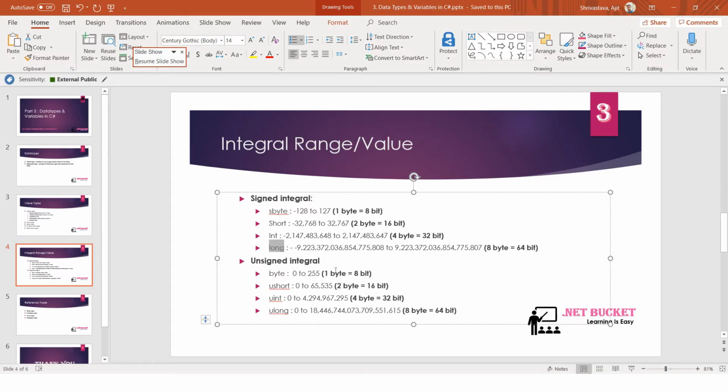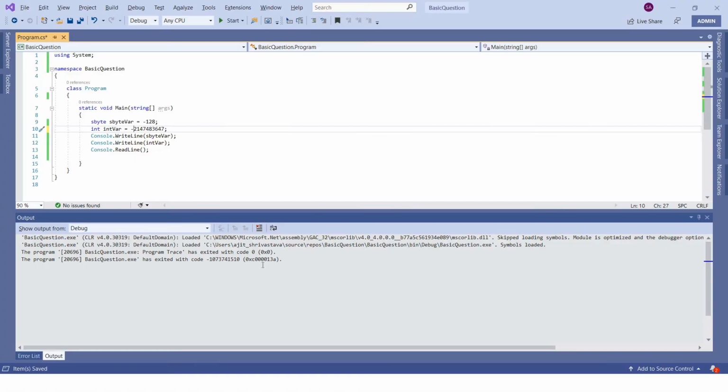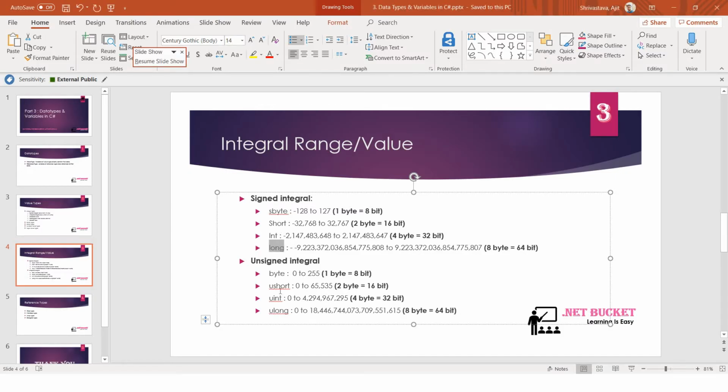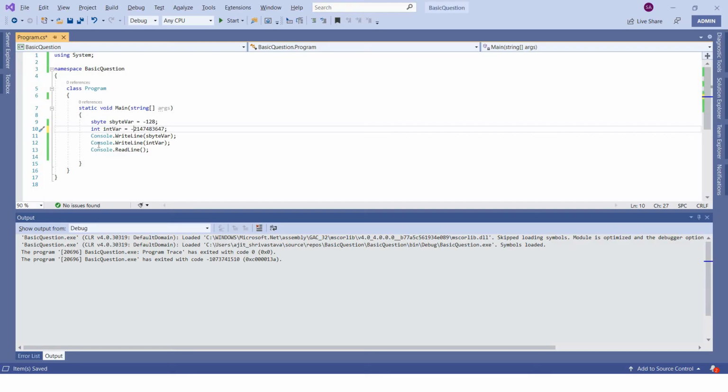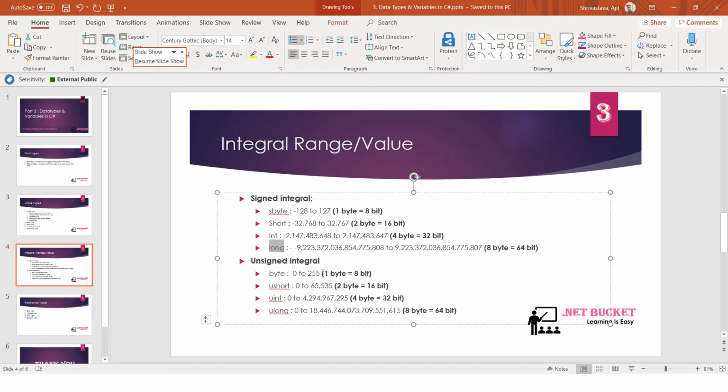Now come to unsigned integral. The only difference between signed and unsigned is that the range will always lie within the positive part. For byte, let me just create one byte variable and name it byteVar, and as I mentioned, its range will be 0 to 255.